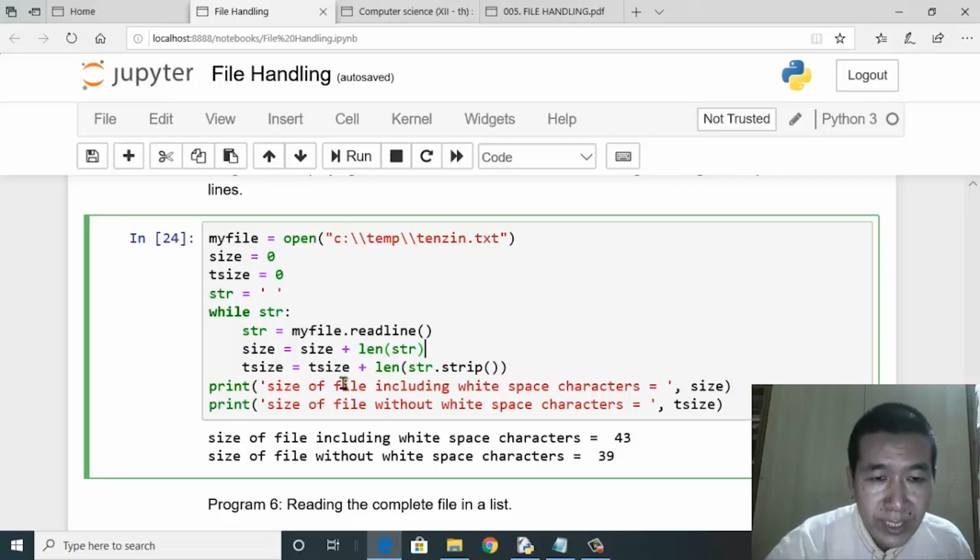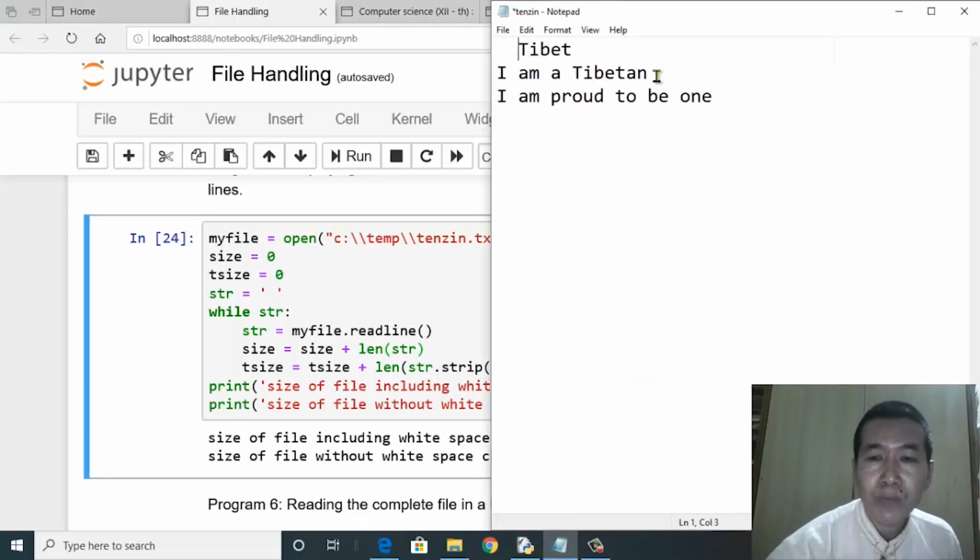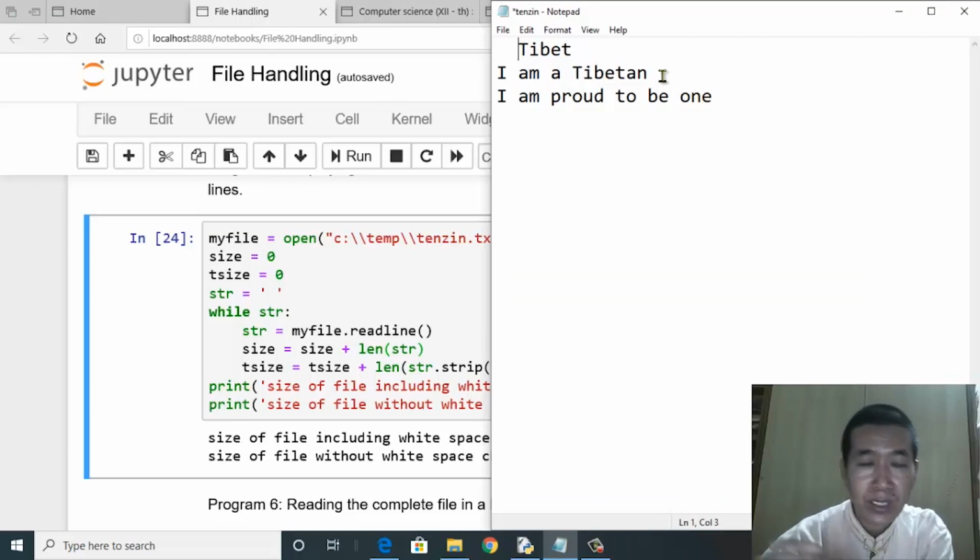So let's go to the second statement. The earlier value of t size was just 5. Remember, the two earlier spaces were stripped. The newline character is also stripped. Now this time in the second line, the trailing newline character, which is a whitespace character, will be removed, and then it will carry out the counting. The value will be assigned to t size.